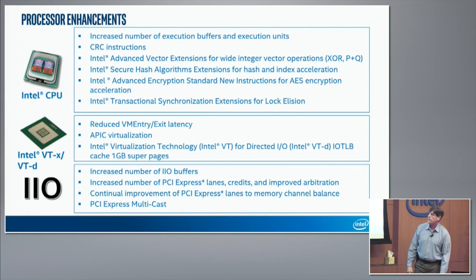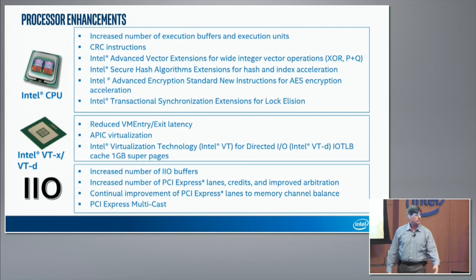Okay, and then in our IIO. Now, when I say IIO, normally we talk about cores and uncores. Okay, and the cores, obviously, are the pieces where we have the logic that actually runs instructions. And then the uncore are all those things where we have the fabric that interconnects all of the integrated memory controllers, the PCI root ports, and all those kinds of things. And so that's what I'm talking about when I'm talking about the IIO units. So what we've done here is, generation over generation, we've increased the number of IIO buffers so we can get more traffic coming through those. Also then,